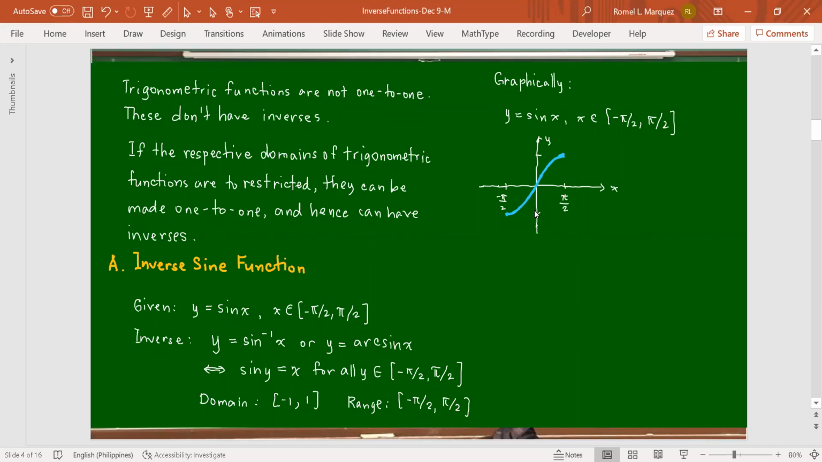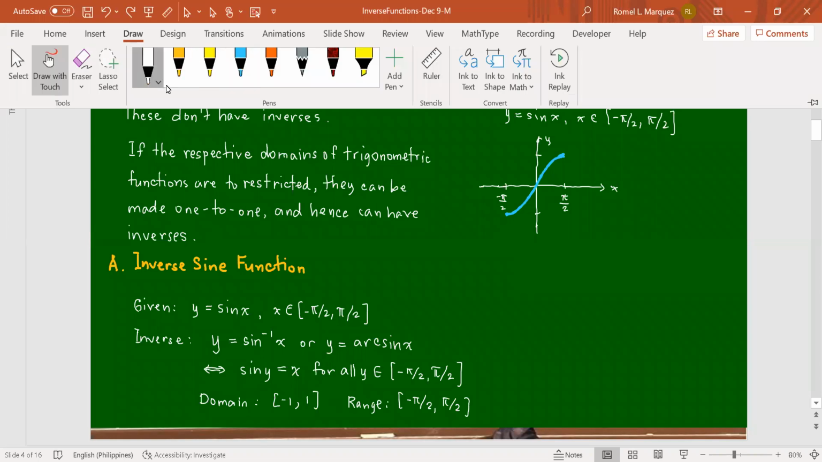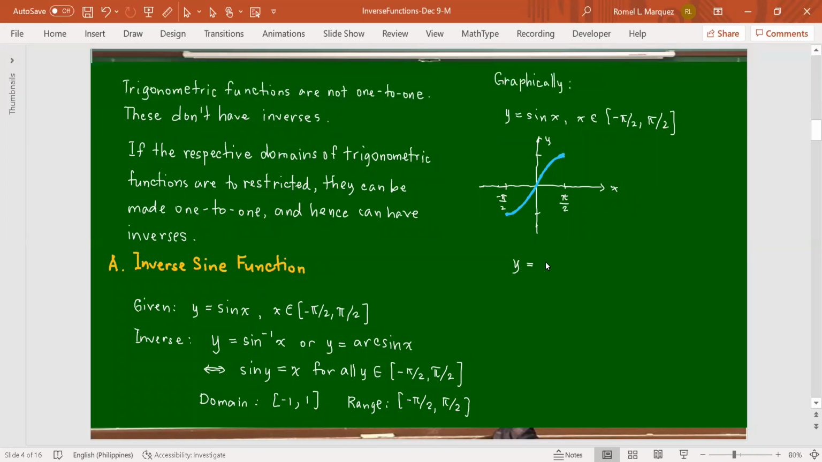This is actually half a cycle. If you look at this half period, because the period of the sine function is 2 pi, this is just a pi interval. So that is already one-to-one, and hence it can have an inverse. So for y equals inverse sine of x, or y equals arc sine of x,